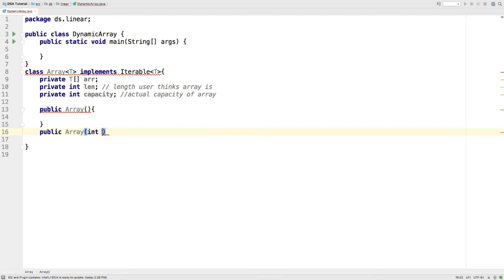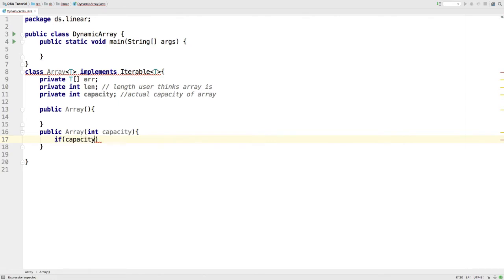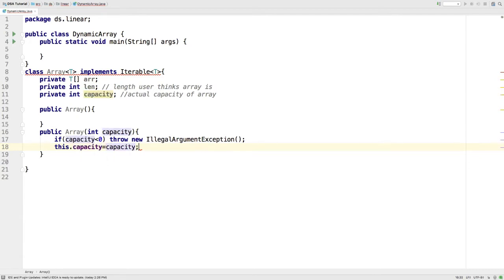So let's make another constructor which takes capacity as an input, and if the capacity is less than 0, we will throw an illegal argument exception. If it's not, then this.capacity equals capacity, and we will allocate this much capacity to the static array.